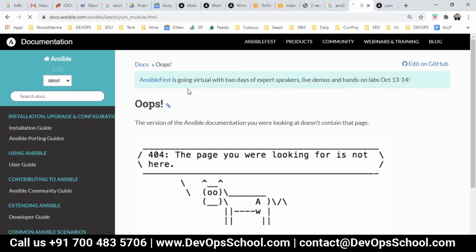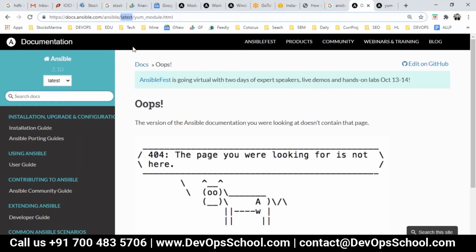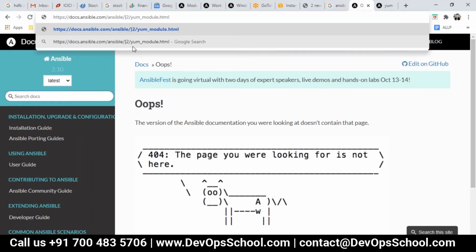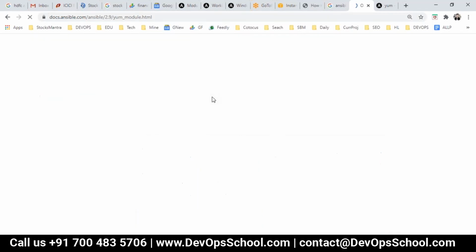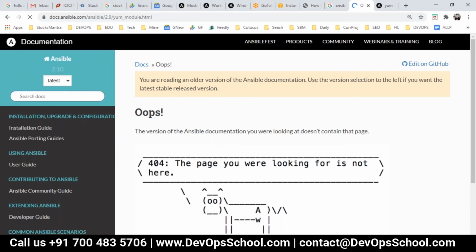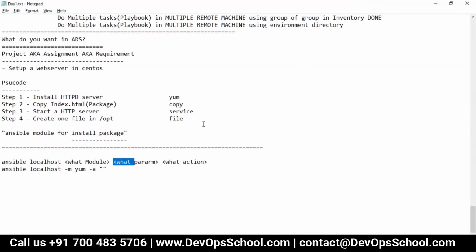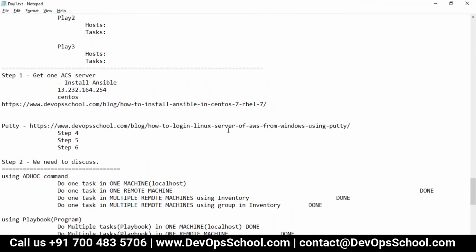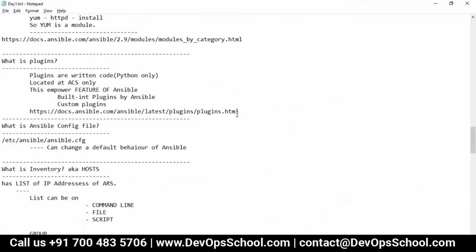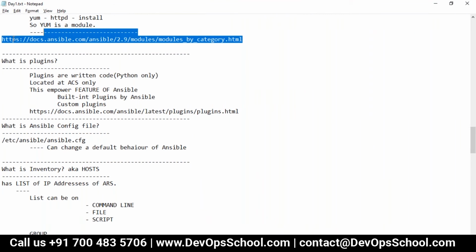And the latest YUM module didn't come actually, so 2.9, let me check. Huh, 2.9 also not coming. Okay, so I have to go another way. This is the one.